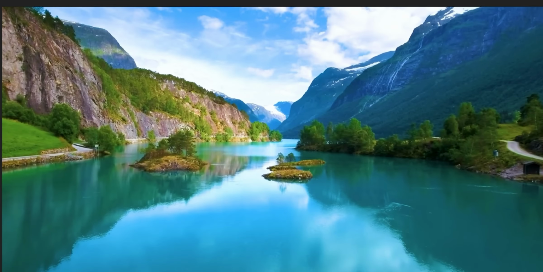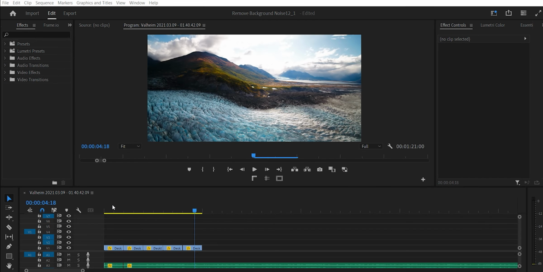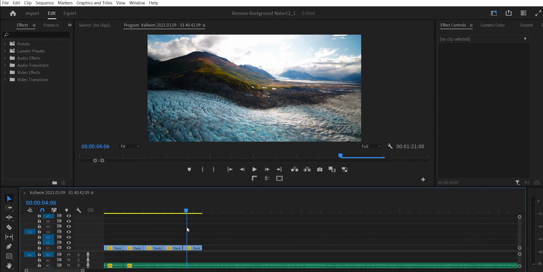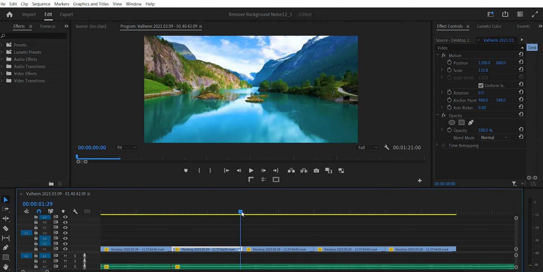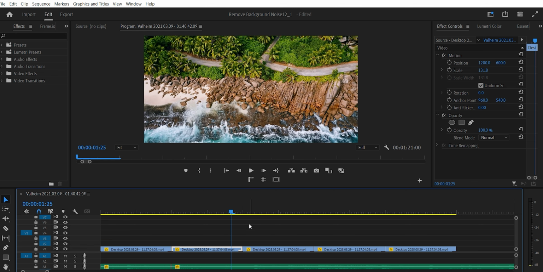I wanna show you how to add the transition effect in Premiere Pro, let's go! I have already edited some clips to my timeline that are each 1 second, and I want to add some slight transition to them. First of all, click on the second clip, move your timeline to the end of it,